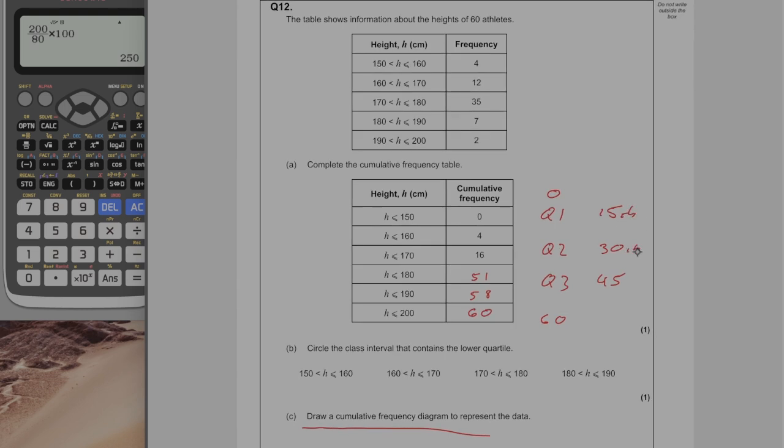30th, 45th. So the 15th value is in this group between 160 and 170. So we're going there for the